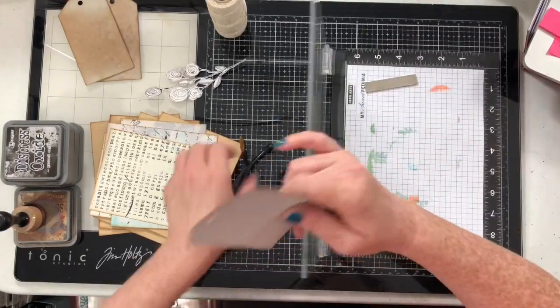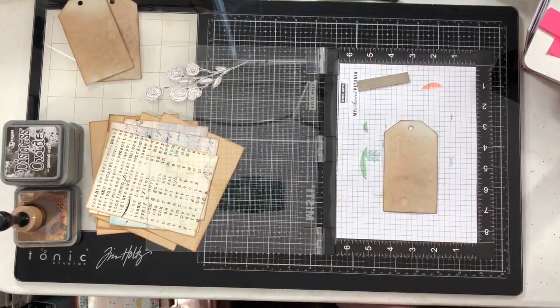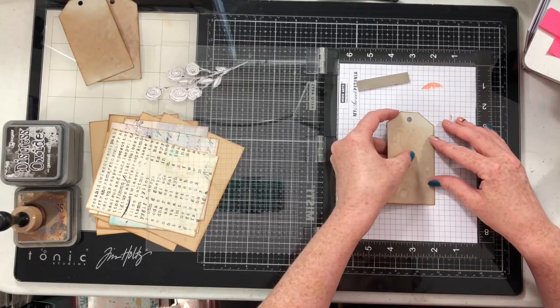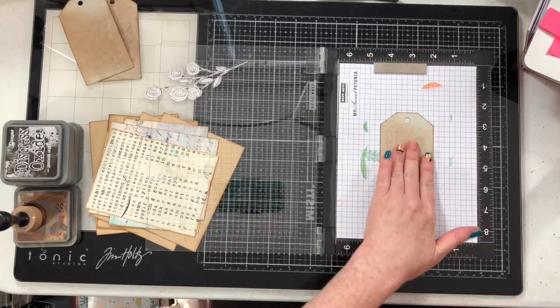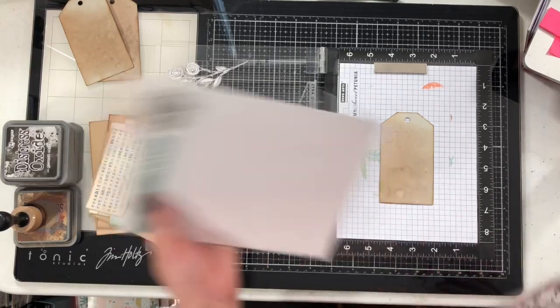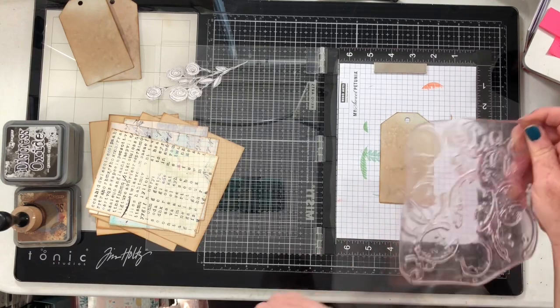You can see how the tags turned out. They do have a little bit of pink on them, but it was so subtle. I wanted to add a little bit more color before I started playing with them and creating with them. Before I started, I went ahead and I just cut my card bases. I cut panels for my cards, and then I'm gonna use this splotch stamp with some ground espresso ink,